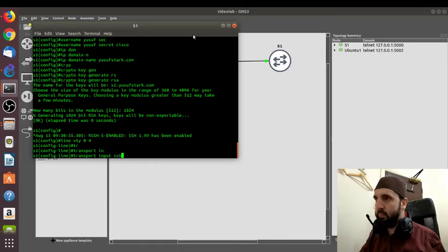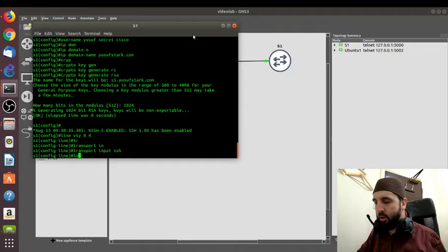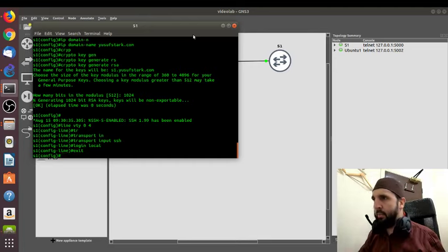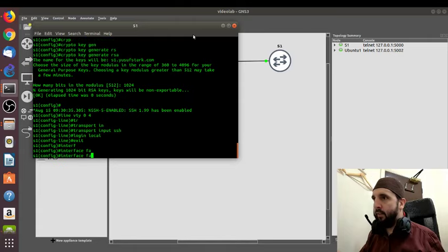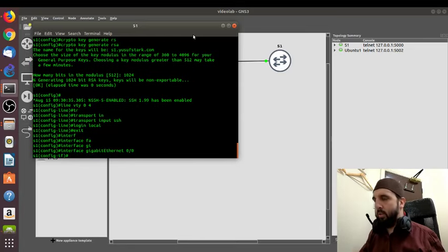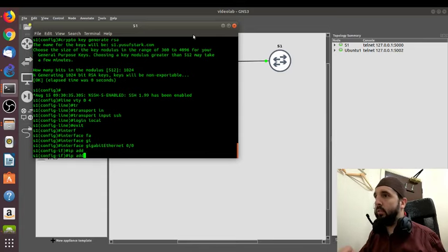I'm going to do login local to tell the switch to use the local username and password. I'm then going to exit from the VTY line. I'm going to go into interface FastEthernet, not FastEthernet, is it GigabitEthernet, sorry, 0/0. I'm going to go IP address,